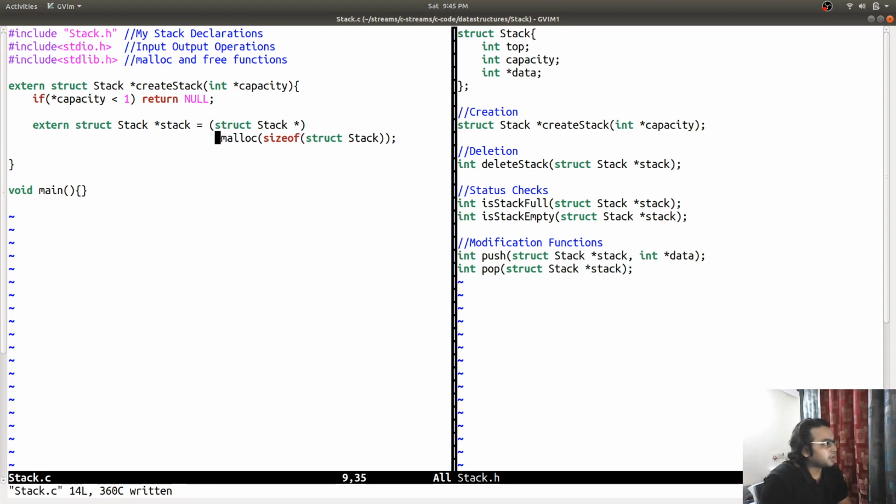External stack, struct stack pointer to stack, and we are converting the allocated memory to a stack pointer, so everything is good over here.